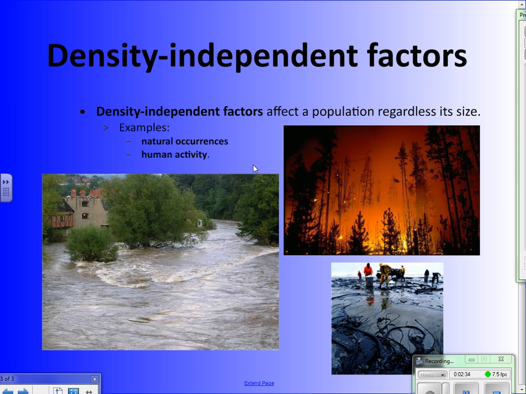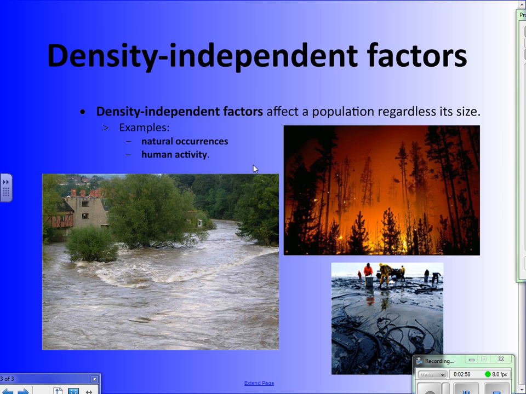Density-independent limiting factors are the other type, and they will affect a population regardless of its size. So no matter how big the population gets or how small the population is, a density-independent factor can change that population size. And we can identify two main types of density-independent factors. We have natural occurrences,